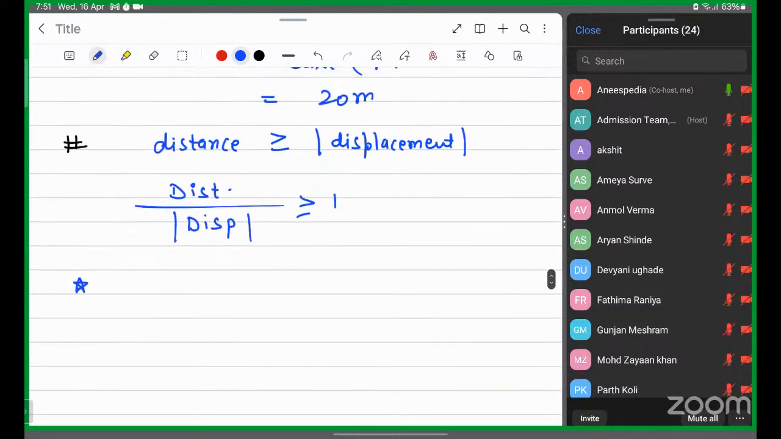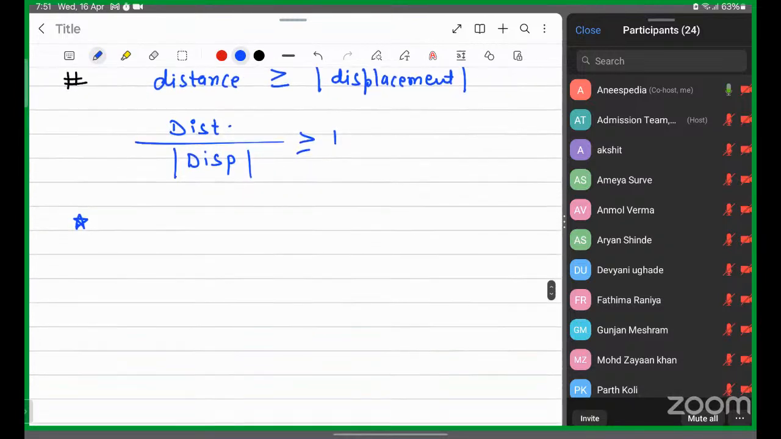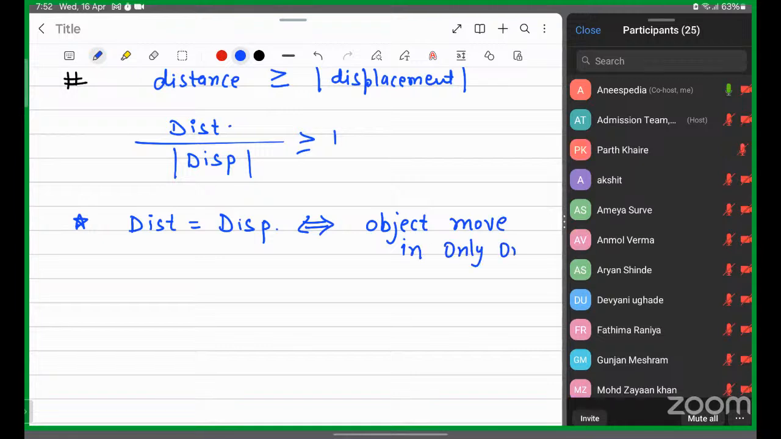So is it possible that distance will be equal to displacement? Distance exactly the same as displacement. When will it be possible? Distance is equal to displacement. This is possible if and only if the object moves in only one direction